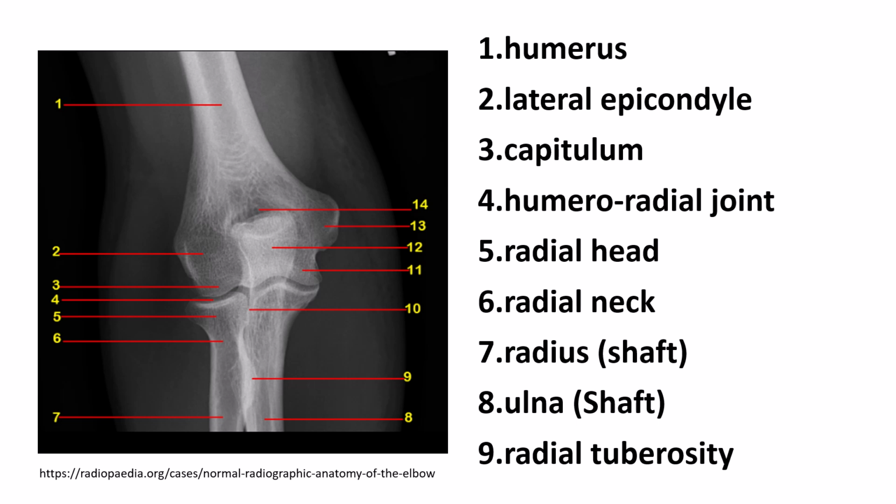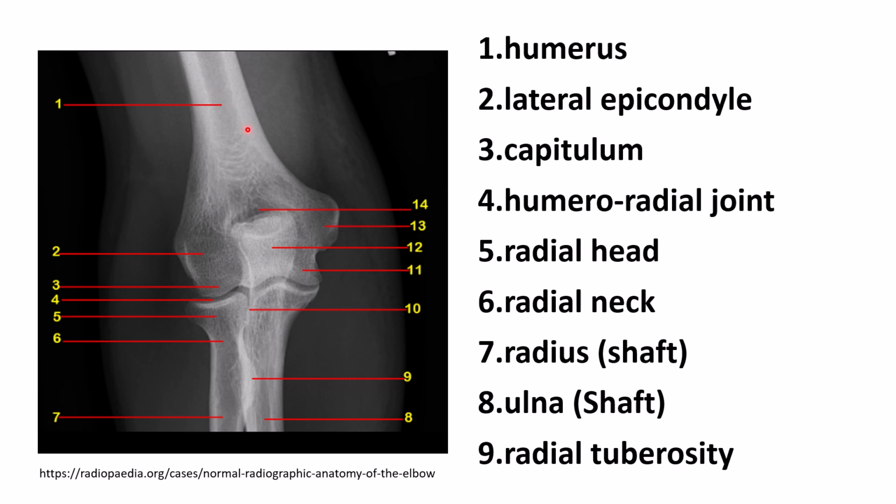Hello and welcome everyone. Today we will be looking at normal X-ray anatomy of the elbow joint, starting first with the elbow on anteroposterior or frontal projection. For orientation first, this is the right elbow joint. This direction upwards is proximal. This is distal. This is our radiographic right or the lateral aspect. And this is the radiographic left or the medial aspect.